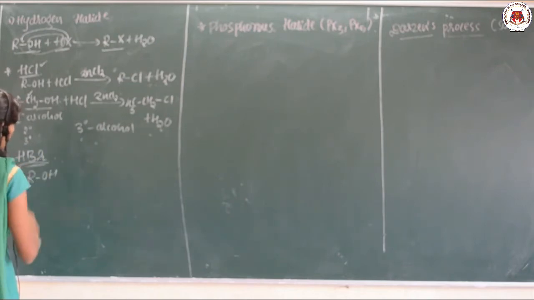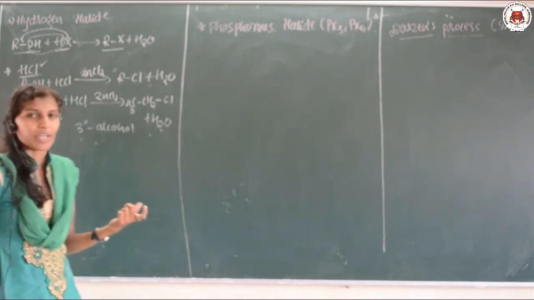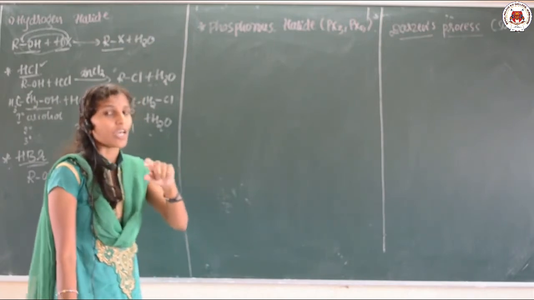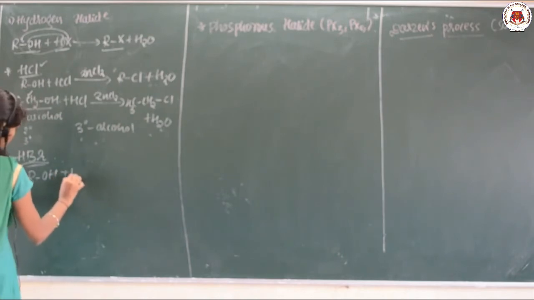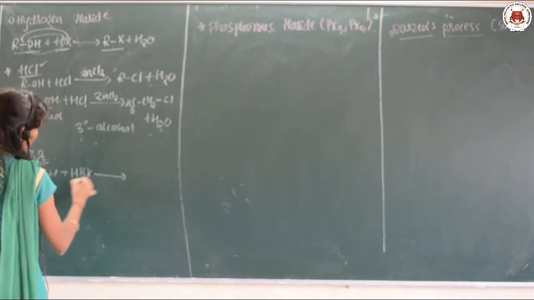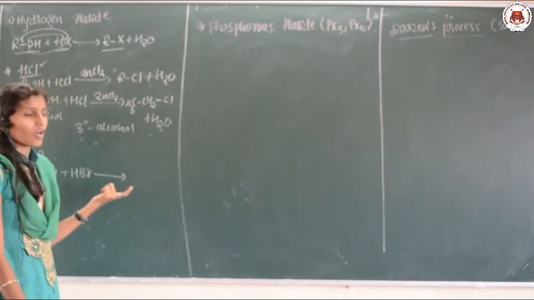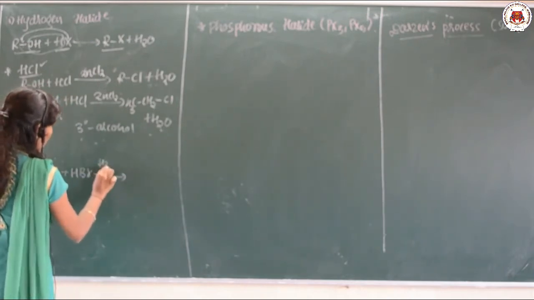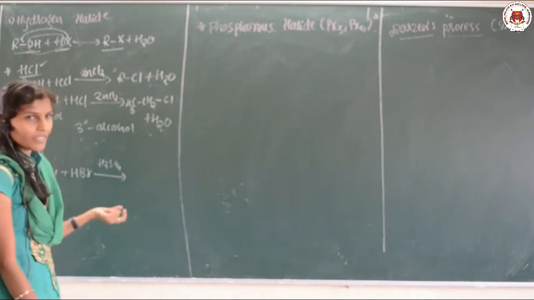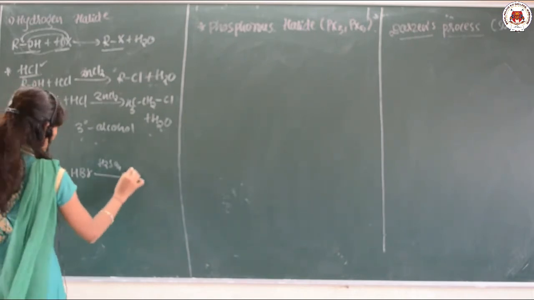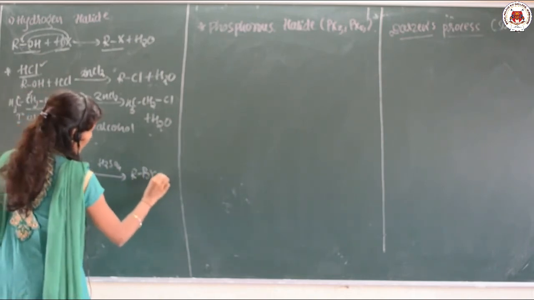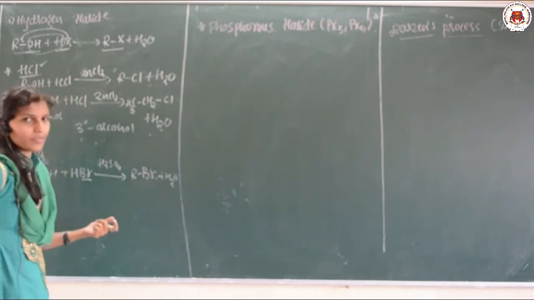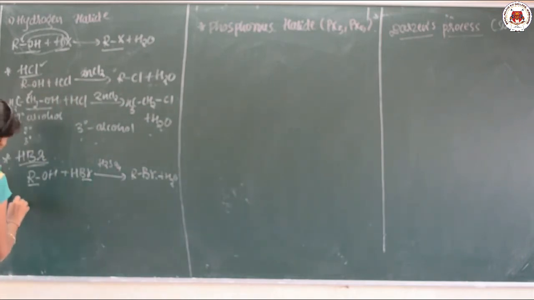Okay. So let us go for one more example, by taking the hydrogen halide like HBr. If we are adding HBr to the alcohol, what happens during that time? Here, when we are adding HBr, that is hydrogen bromide, we have to use some acid like H2SO4. And here, what will be the product? What do we want to prepare? RBr, and then what else remained? H2O remained.